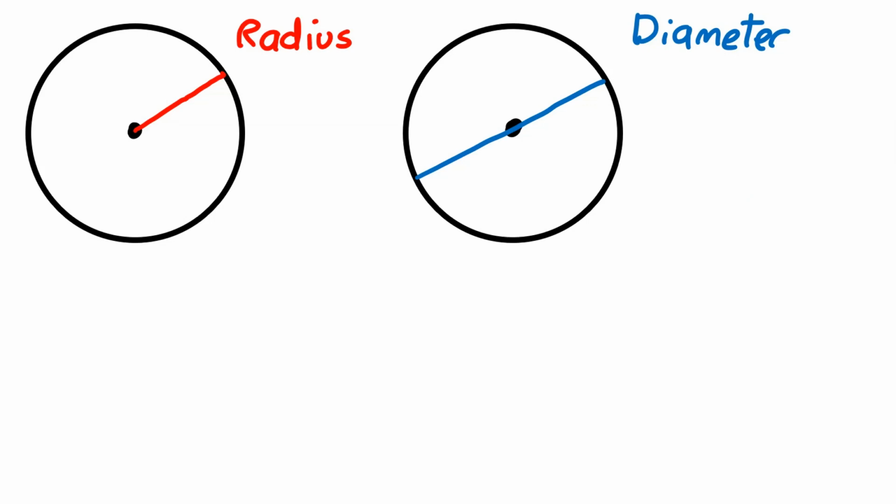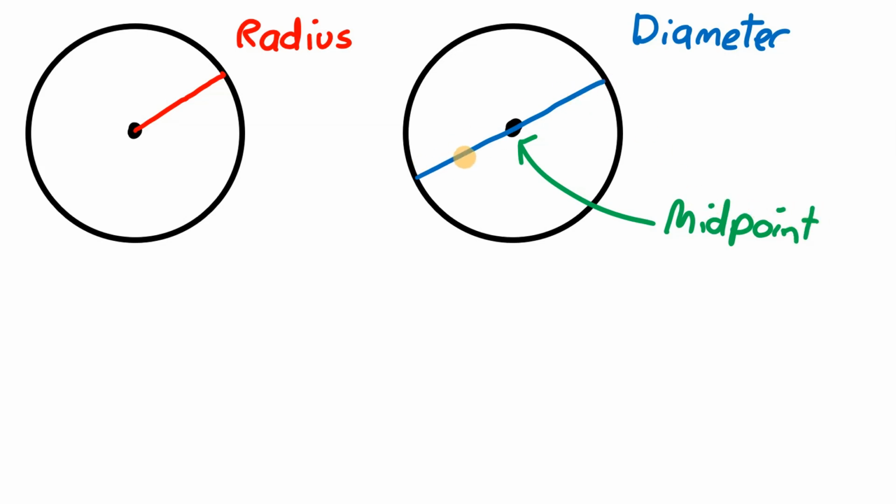Okay, I just want to quickly go through some things that I think are quite simple, but I just want to make sure everyone's on the same page, okay? So the radius goes from the center of the circle to a point on the circle, okay? The diameter is twice the size of the radius. It goes from one point on the circle to another point on the circle, and importantly, it always passes through the center of the circle, okay? And what's really key about the diameter is the center is the midpoint